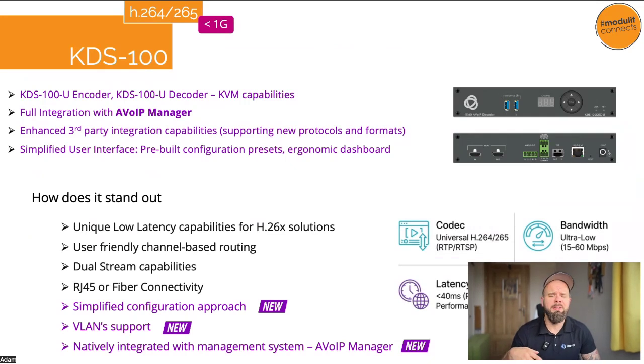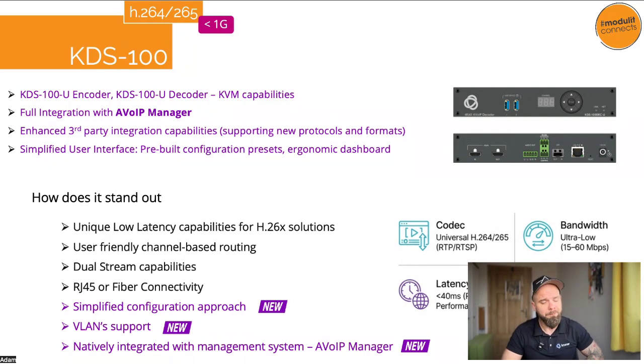I will not go really into details about these products. But what I will do is point out some nice features coming with this kind of device. The first thing is it's H.264/265, so the bandwidth requirements here are very low. It may be a requirement for your project, so keep that in mind. But this device is also able to stream, like the encoder is able to stream, not one but two independent streams. So you can use it with a secondary preview stream and the first one as the main stream, just to connect with the decoder.